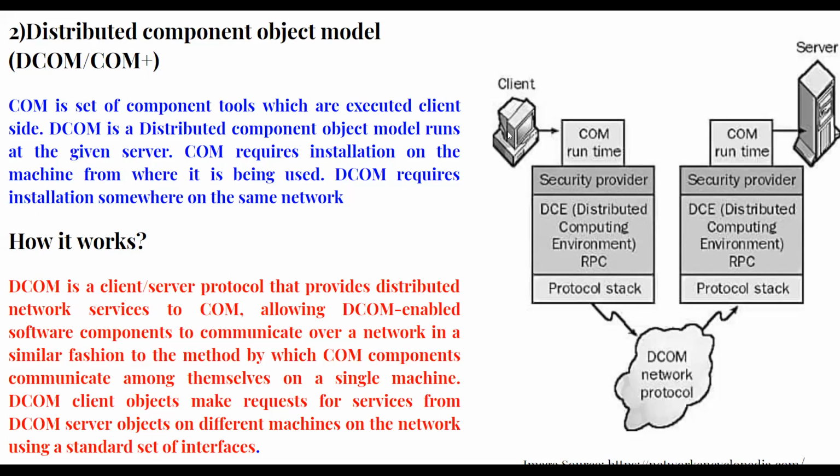In DCOM, the DCOM client is going to make the object request for the services which it wants from the server, and this request can be on different machines because the server can have many sub machines or can be located on different networks. Once the server receives the request, it is going to fulfil the client request.